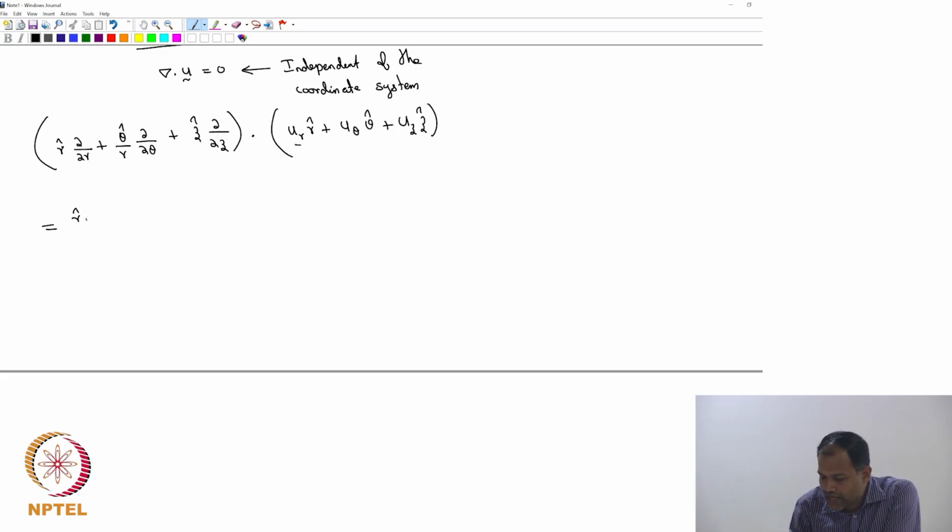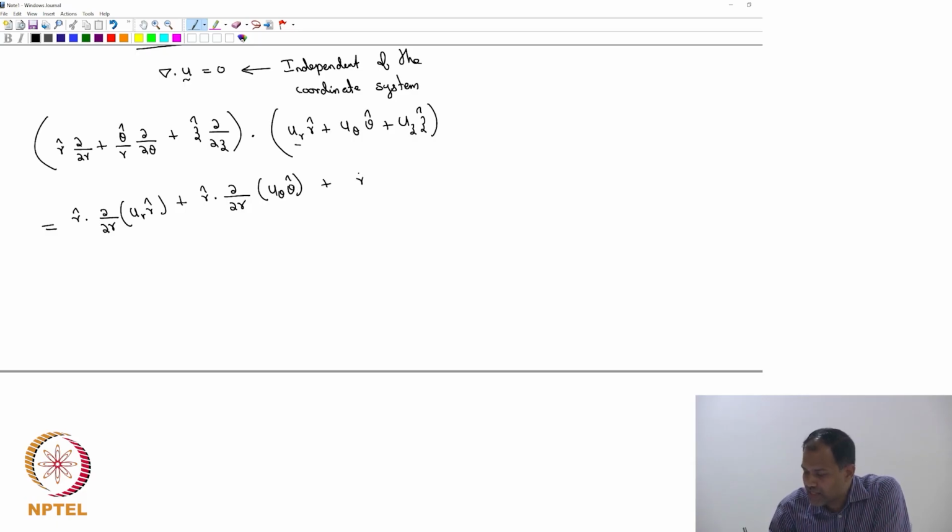So, r cap dotted with del by del r of u r r cap plus, let's do each of them, r cap dotted with del by del r of u theta theta cap plus r cap dotted with del by del r of u z z cap plus